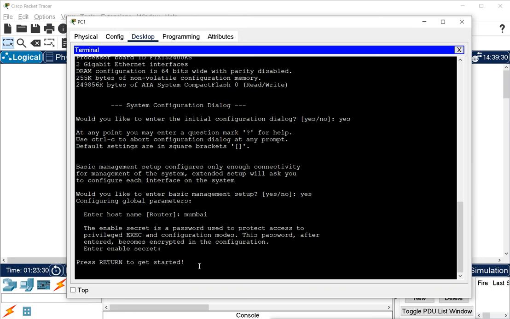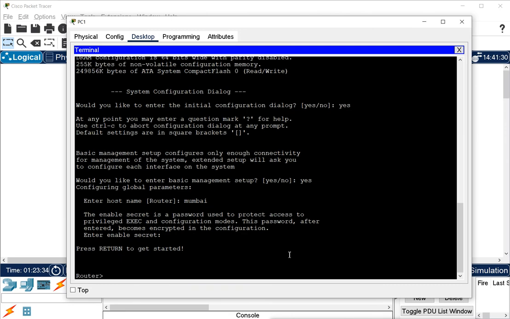When you press the return key, that means the enter key, you will enter into the router. And this is the default name of the router. Remember, it was showing here that this is the default name, and I did change the name, but it is not saved because I pressed Ctrl C. I closed this and exited from the setup mode, so it is using the default name.